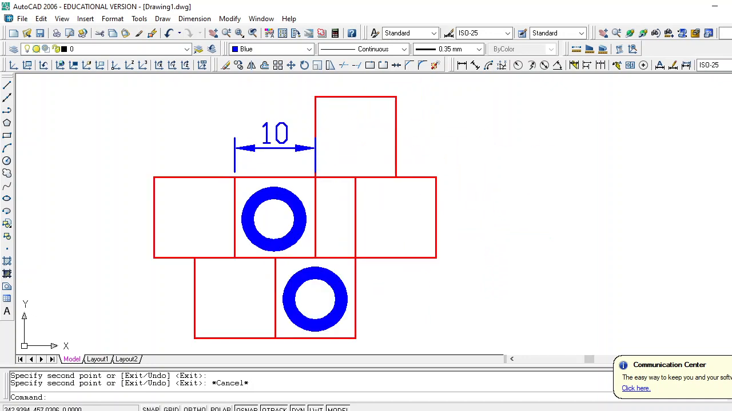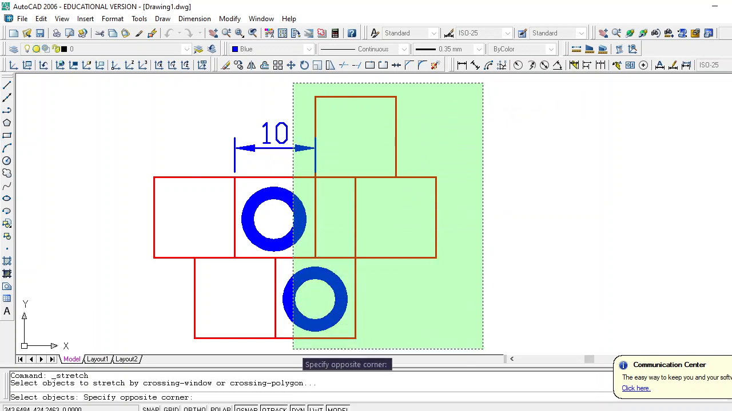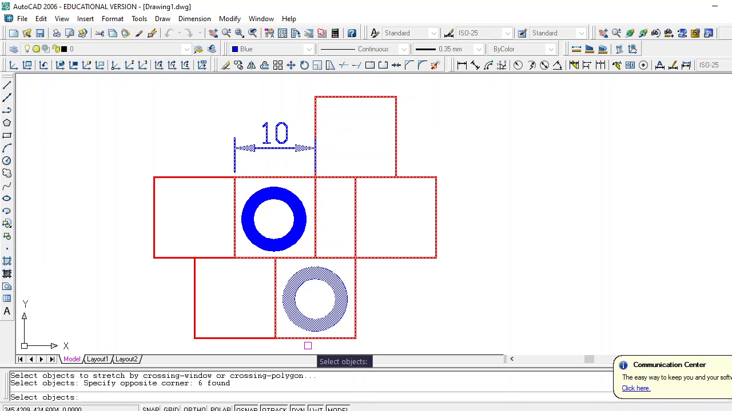So, what do I do? Go to stretch. And then, ano ba gusto ko ma-stretch dito? Dito siya ma-stretch sa center na to. So, kailangan from this one, kailangan masakop yon. And then, tapatan mo yung area na kailangan mo ma-stretch. Enter. Yan. Then,